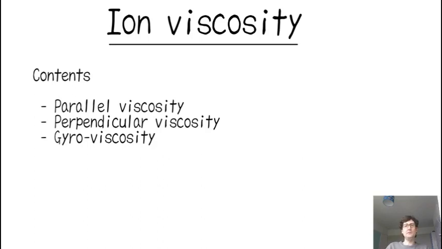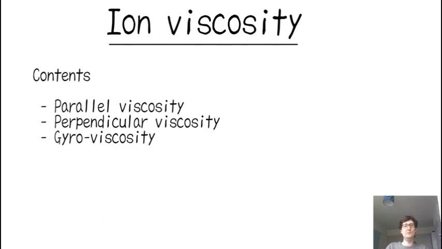Welcome. In this video I'll discuss ion viscosity, and this comes in several different forms. There is the parallel viscosity, so along the magnetic field, and this is very similar to the viscosity in unmagnetized plasma. There's then perpendicular viscosity, which is the viscosity across the magnetic field, and this has to take into account the finite Larmor radius. And then finally there's a gyroviscosity, which appears as if a perpendicular viscosity, but in